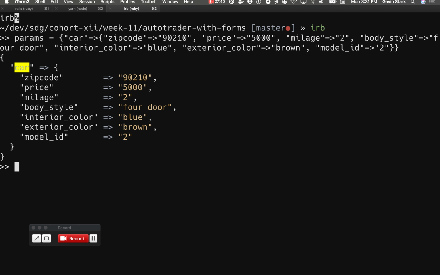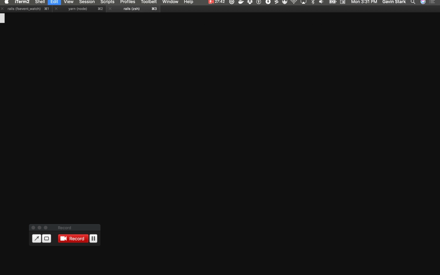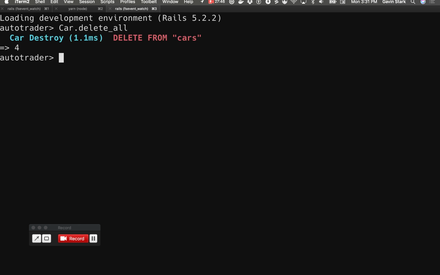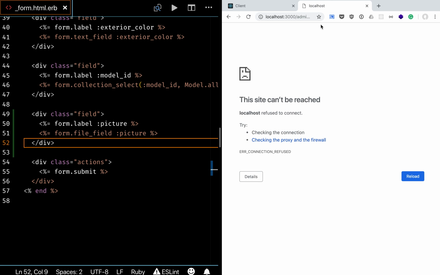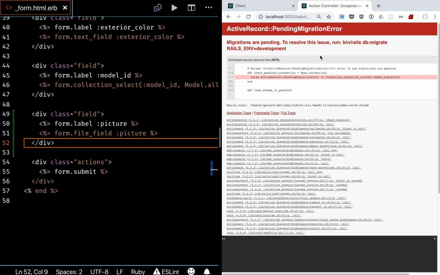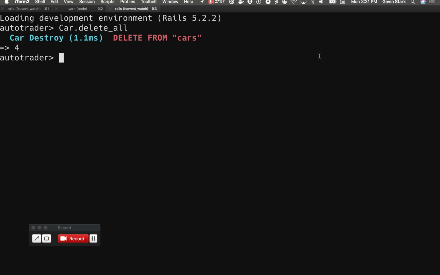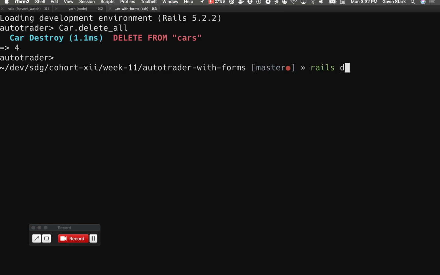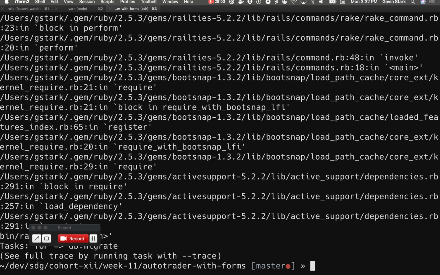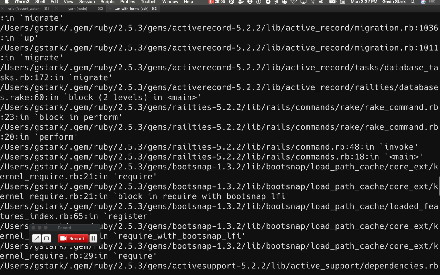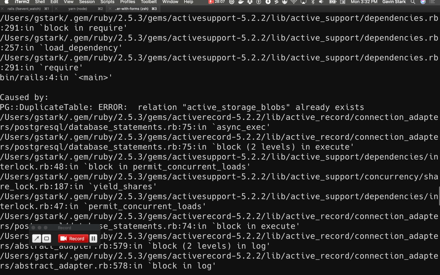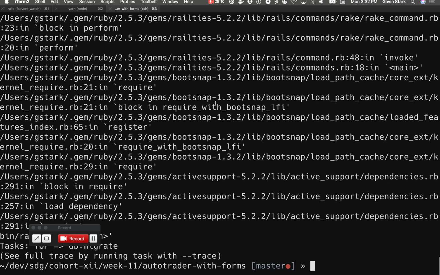And you know what I'm also going to do? I'm going to delete all the cars that are here, just so we have a clean starting point. Oh, and I forgot to run the migration. Right, remember that installer for active storage added the migration. Oh, and I did this yesterday, so